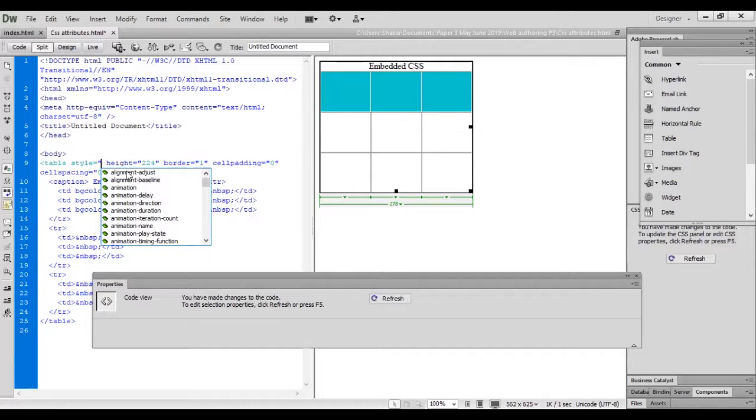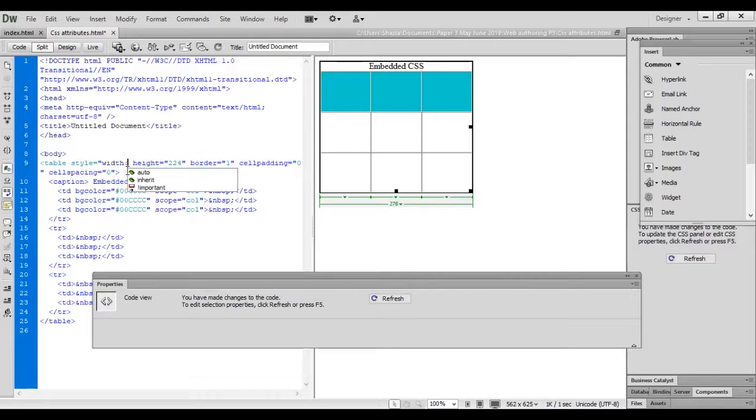So we will select, suppose I want to change the width of this table, so select width and close, and how many pixels. Suppose I want to have a table width of 350 pixels wide.